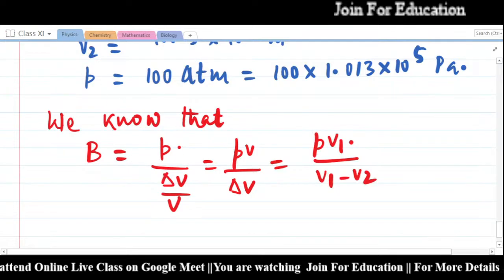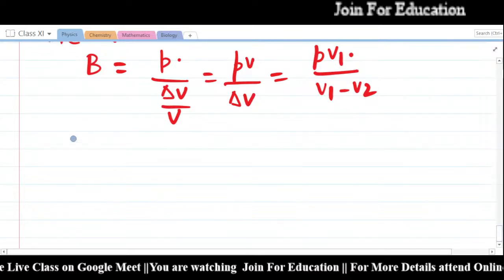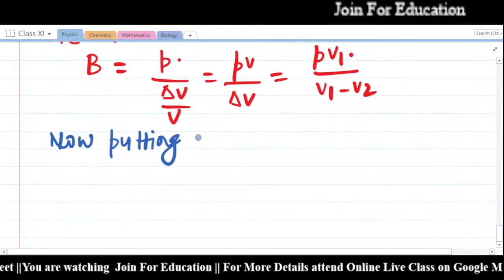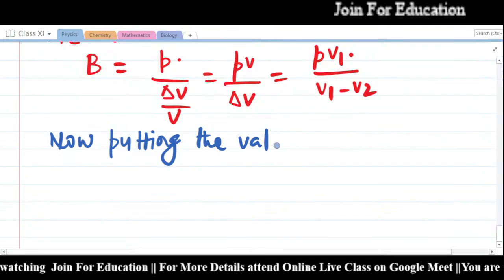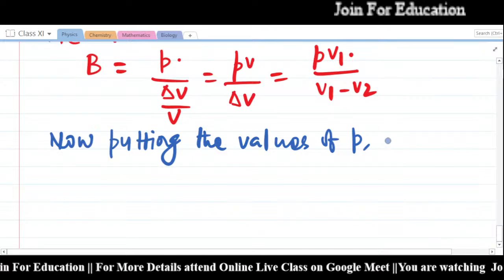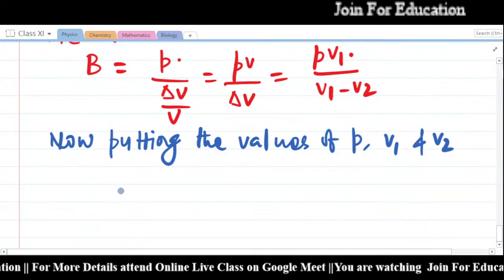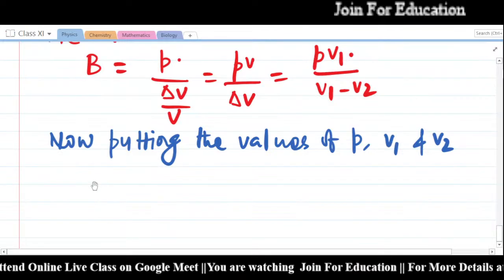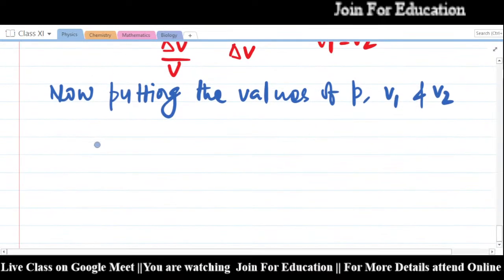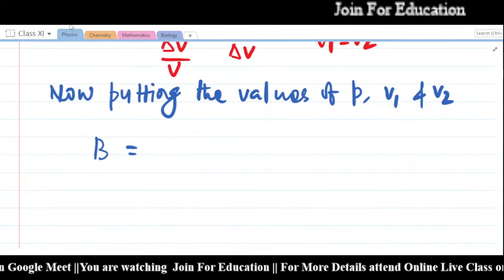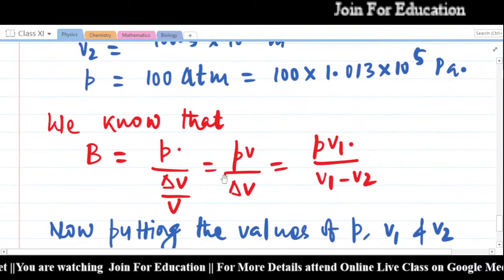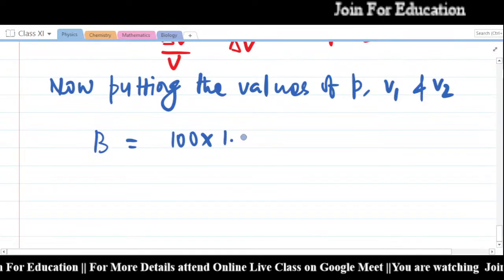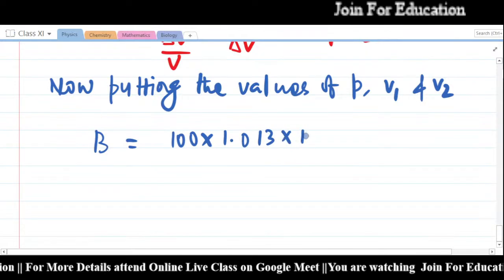Now putting the values of P, V1 and V2, the bulk modulus equals the value of P, which is 100 into 1.013 into 10 to the power 5,